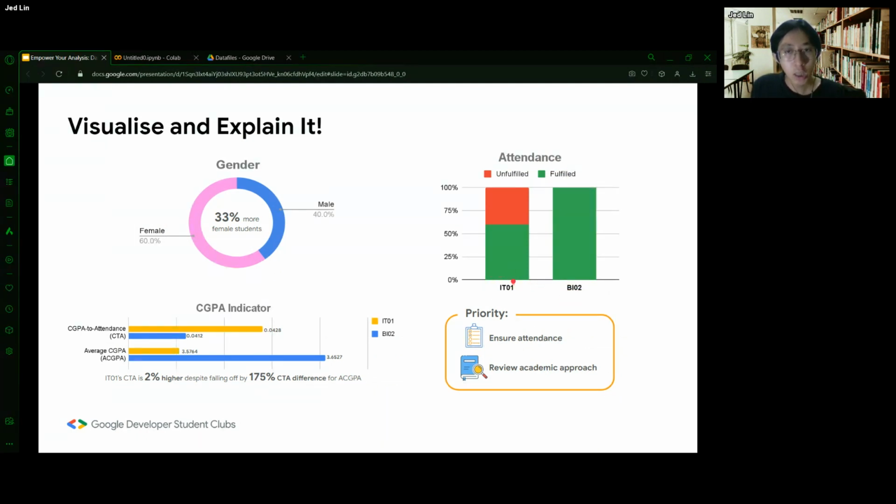In these two courses, one of the courses, IT01, has around 30% of students not fulfilling the minimum attendance rate of 80%, while for the other course, BI02, all of them completely fulfill the attendance rate. Okay. Now, when we look at the CGPA indicator, we've looked at it in two different approaches. The first one will be CGPA based on the attendance rate. The second one will be average CGPA. So when we look at the average CGPA, we can see that IT01 students have generally lower CGPA compared to the